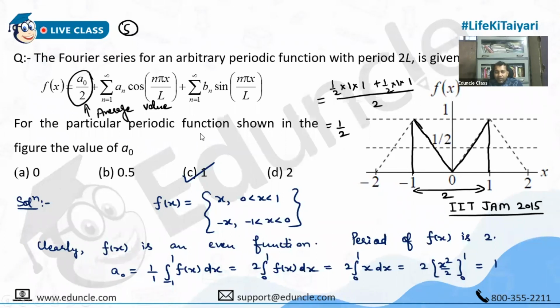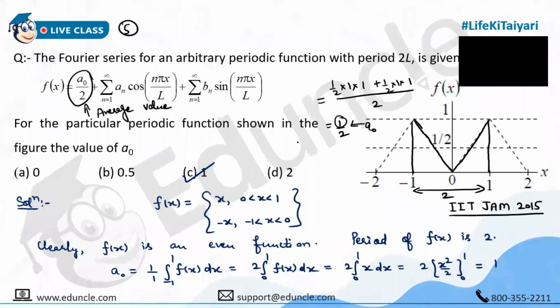Is it clear to all? I need to find the average, so that is the sum only. So how I am going to get the average? So sum divided by the x width over which I have taken the sum, and the sum has been taken from -1 to 1, that is 2. So that is A naught. Clear? This is another way in case of graphical, only when the graph is given. Clear?